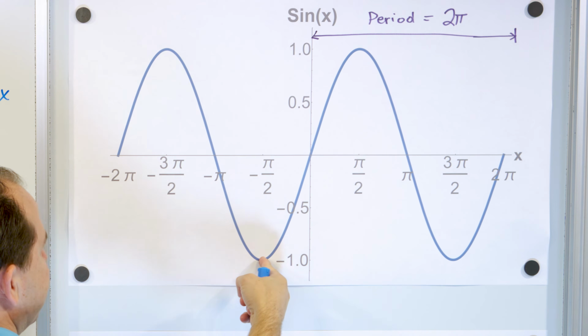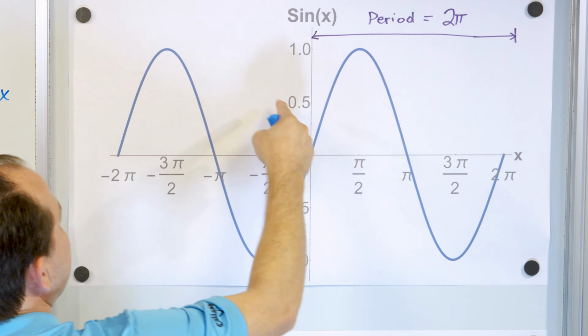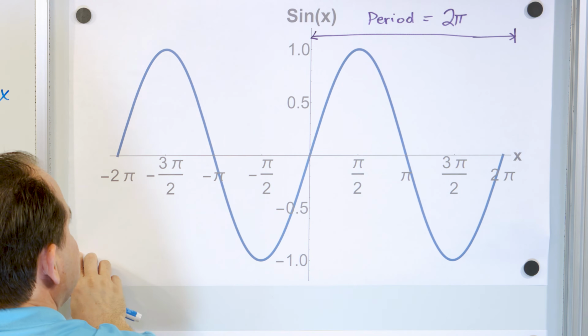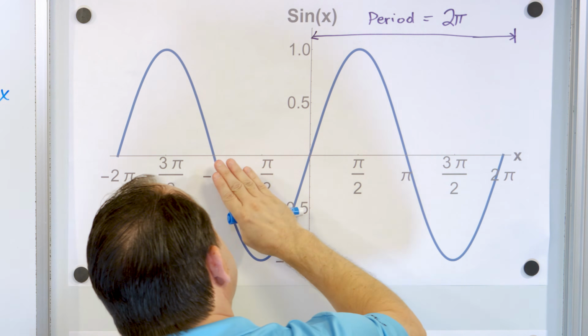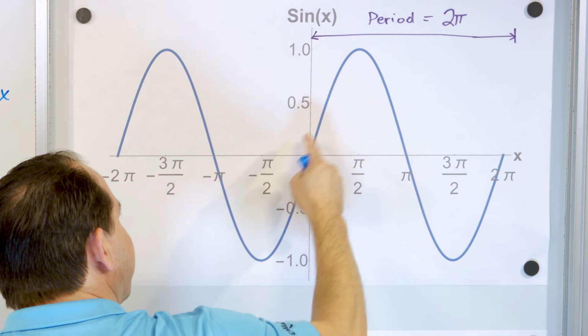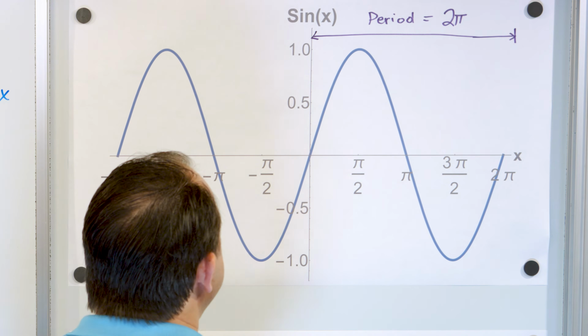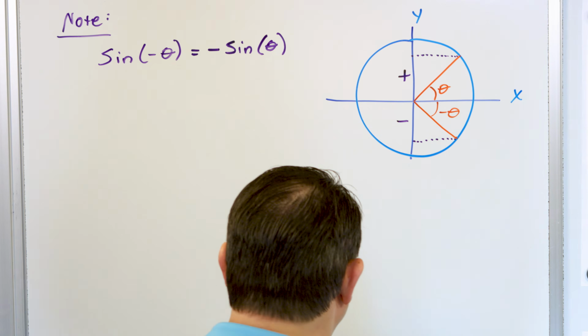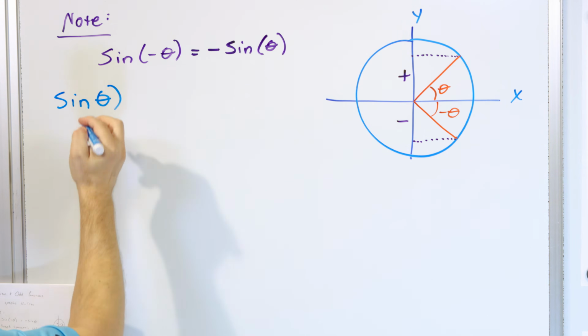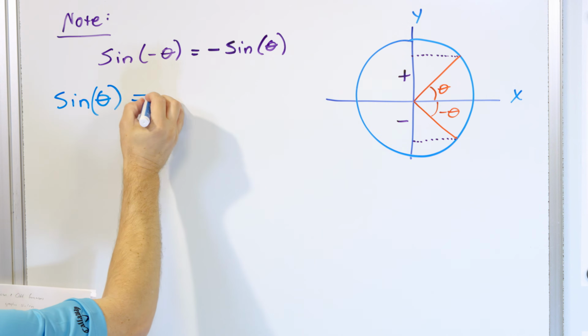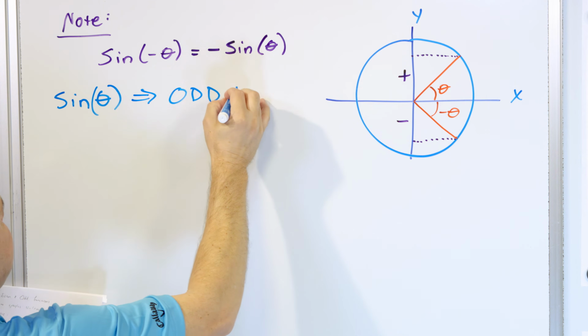Notice how this is the mirror image of this. This would be the mirror image of this. So any positive angle that you get when you evaluate the sine, if you can mirror image reflect it across and it becomes the negative of the same thing, we call that in math being an odd function. So we say that the sine function is what we call an odd function,